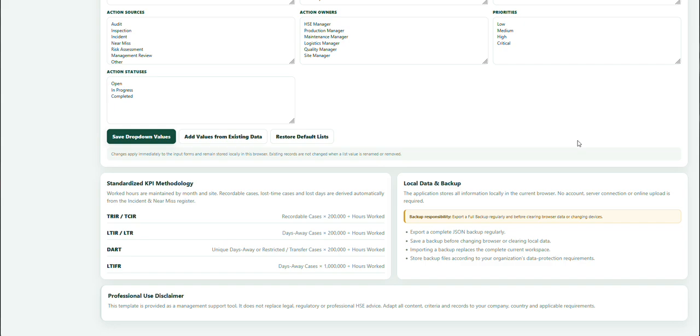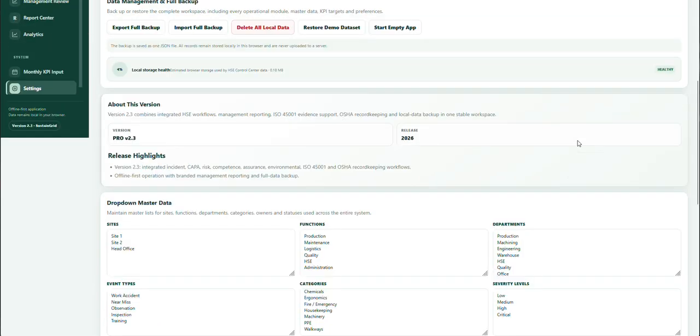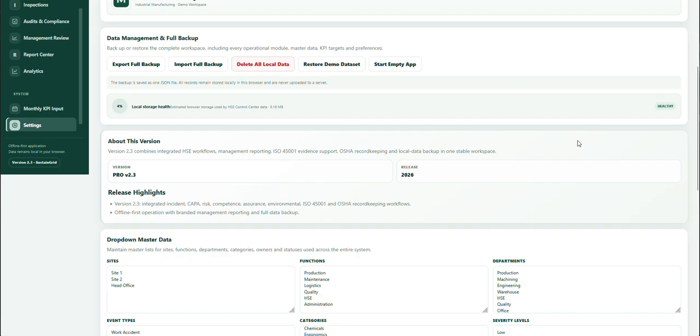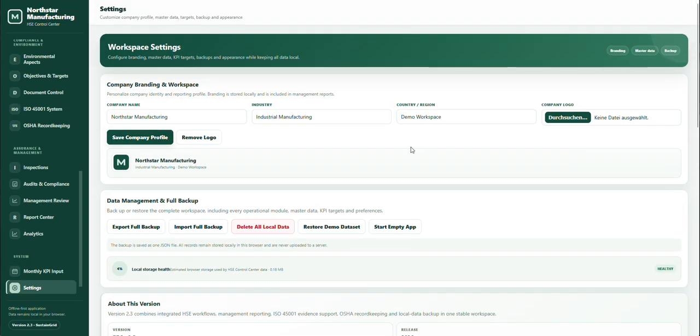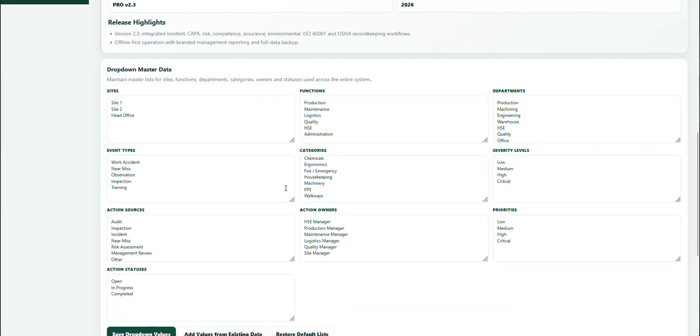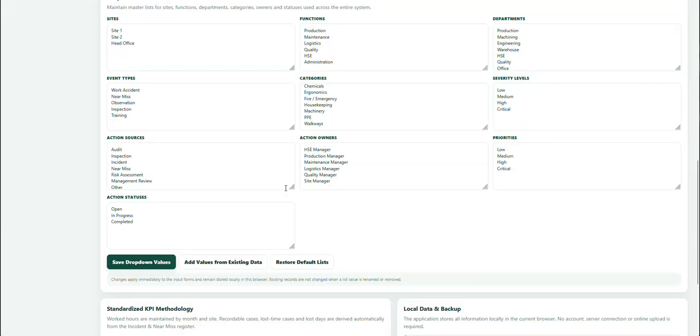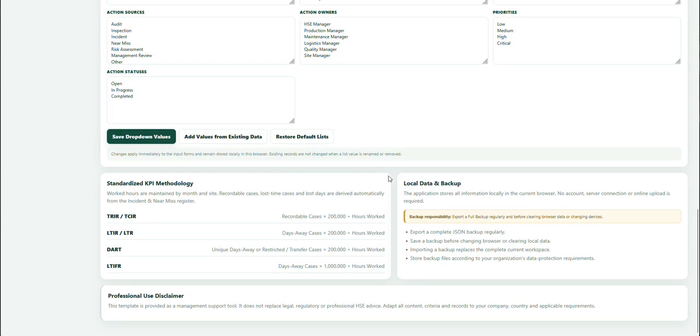HSE Control Center PRO version 2.3 is designed around one core idea. Instead of managing incidents, actions, risks, training, audits, operational controls, and management reporting in disconnected spreadsheets, bring those processes together into one structured HSE workspace. From an incident, to an investigation, to a corrective action. From a hazard assessment,